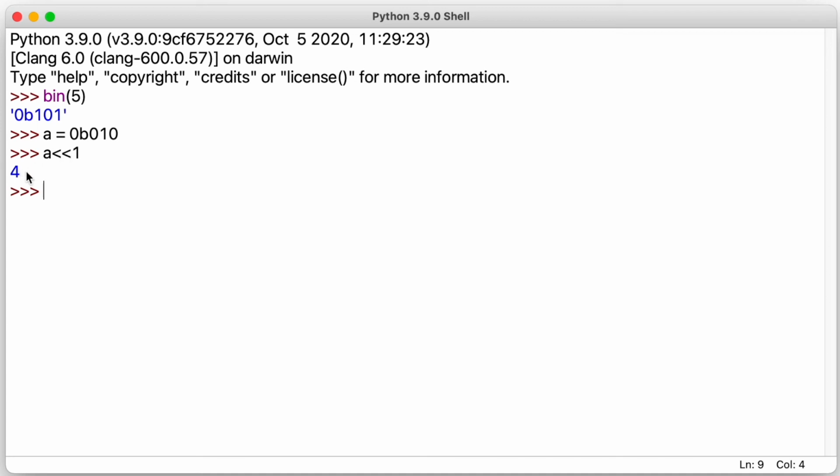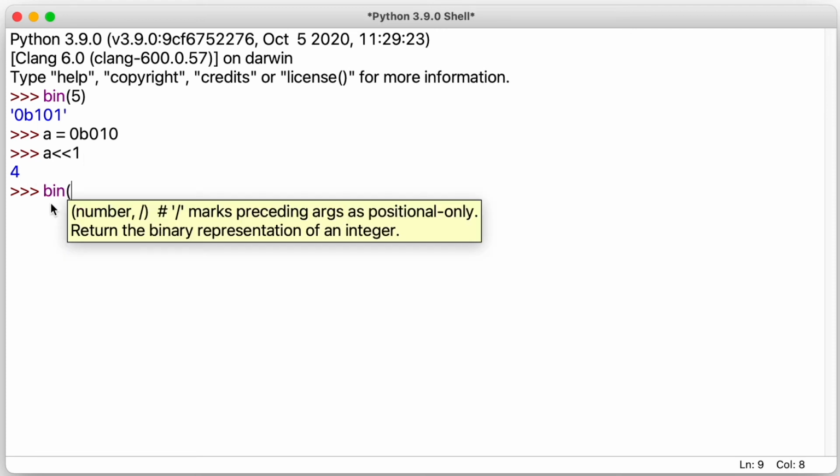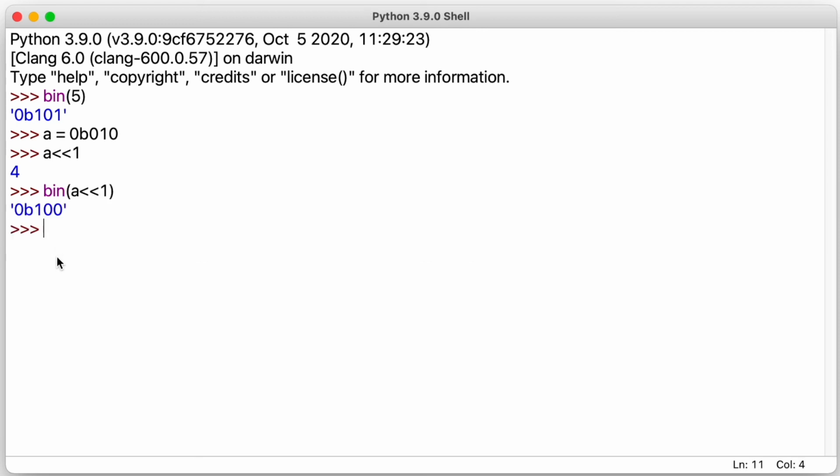In Python, when we do operations, the default return type is an integer, but if you want to see what happened behind the scenes in binary, then we can simply use this bin function, then pass our operation within it. So a left shift 1, and now hit enter.